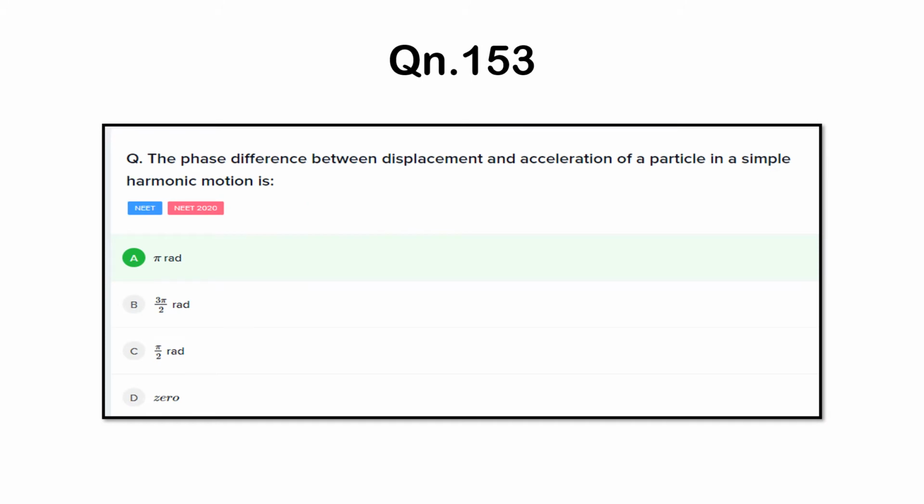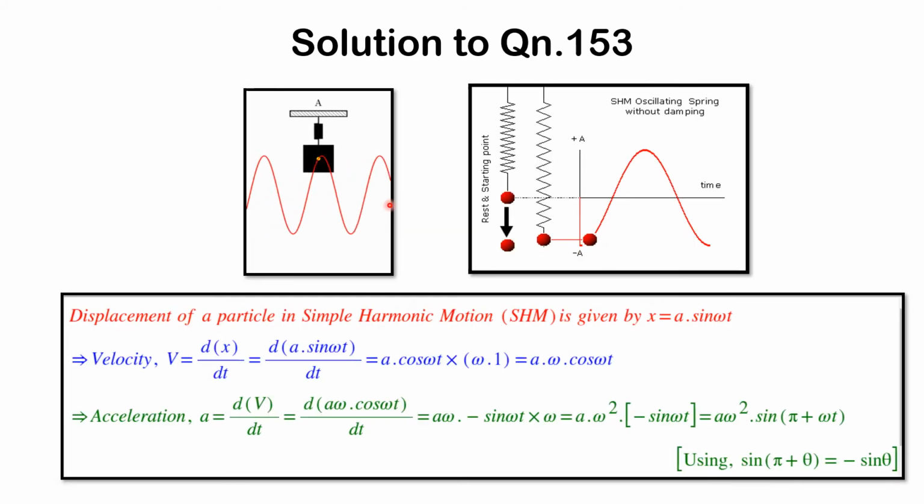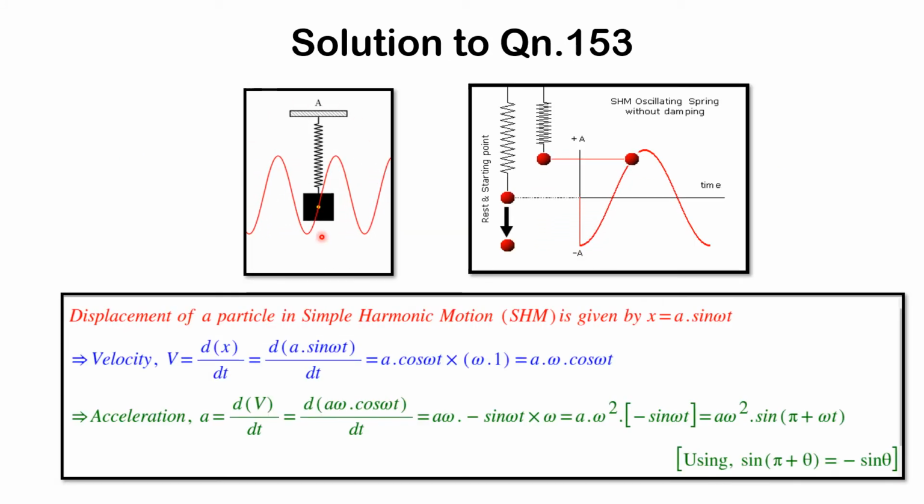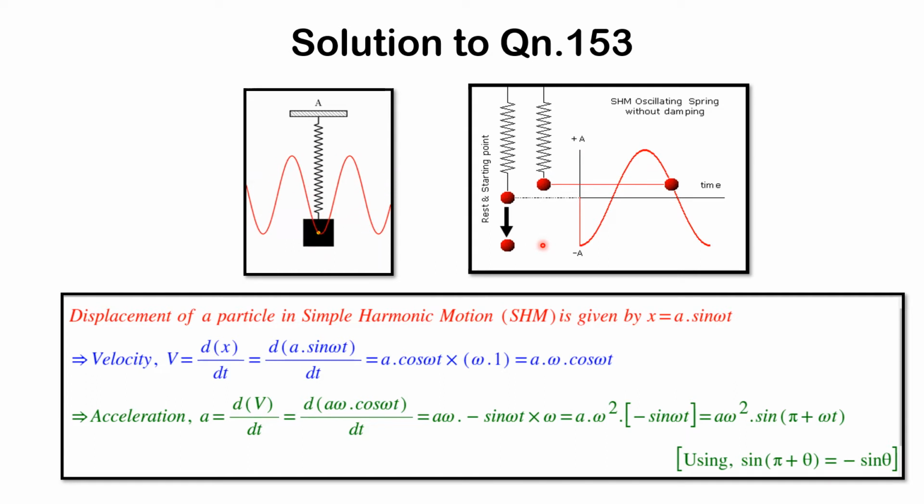அடுத்த question போலாம். Question number 153. The phase difference between the displacement and the acceleration of a particle in a simple harmonic motion is, the answer is option A, pi radians. Solution பார்க்கலாம். இப்போ இந்த spring with the mass suspended at its bottom as well as in the spring, they do